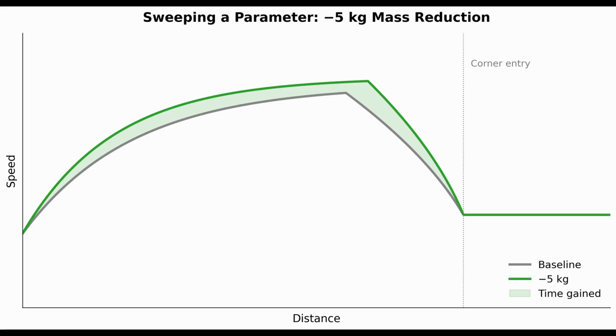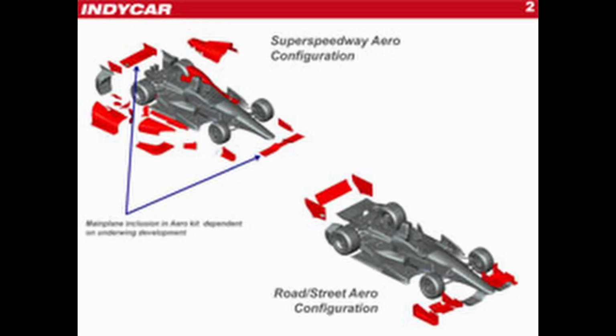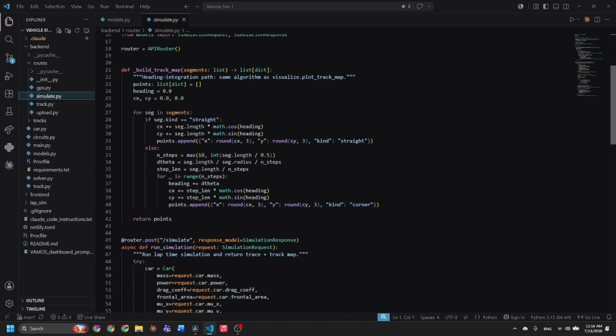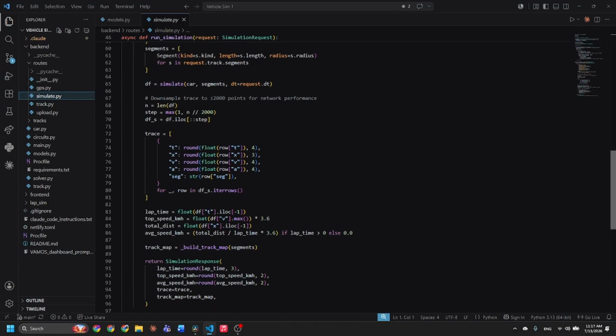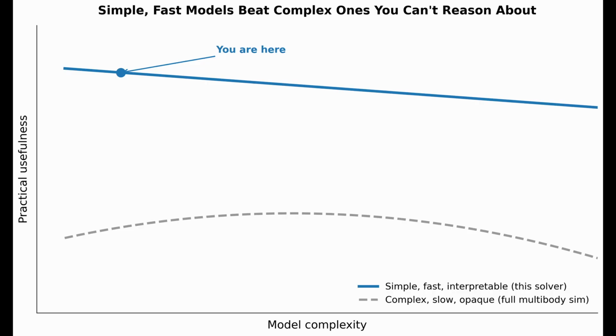The real value is being able to sweep these independently. Want to know how much lap time a 5 kilogram weight reduction buys you? Run it. Want to compare 2 aero configurations with different drag and downforce trade-offs? Run both and look at the differences. That's the simulator. A 10 millisecond time step, tracking limits, and look ahead braking. It's a simple model, but simple models that are fast and interpretable are often more useful than complex ones you